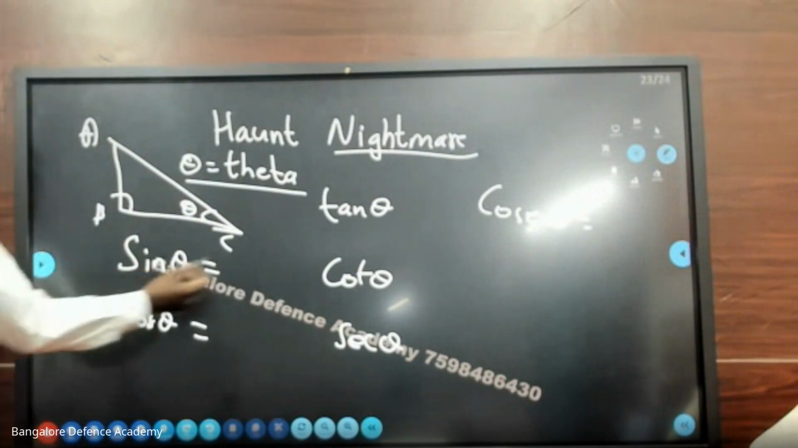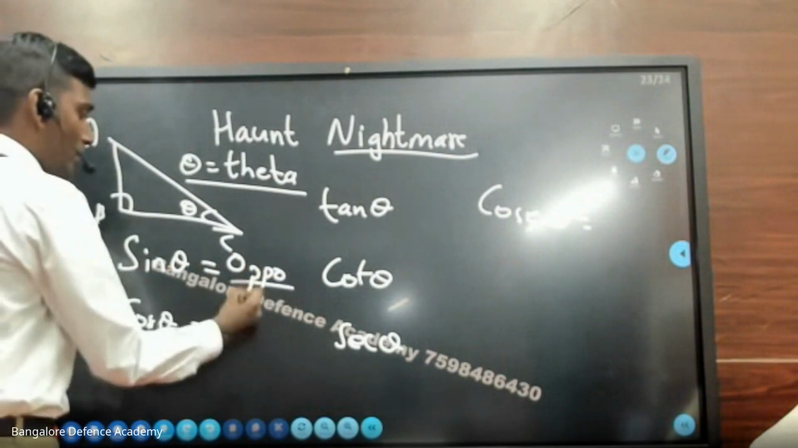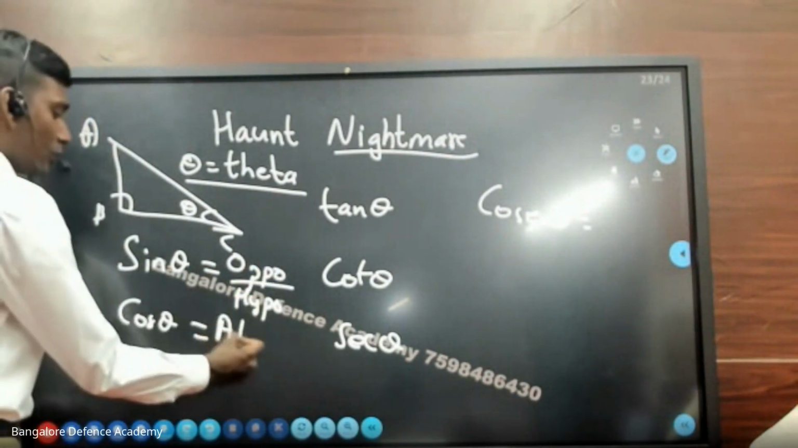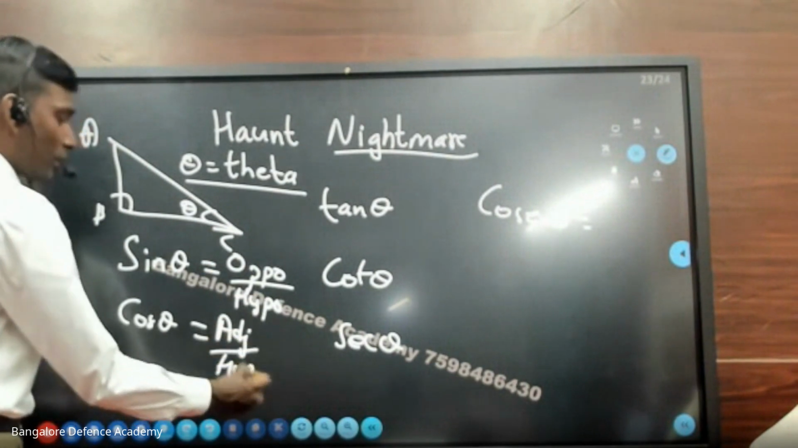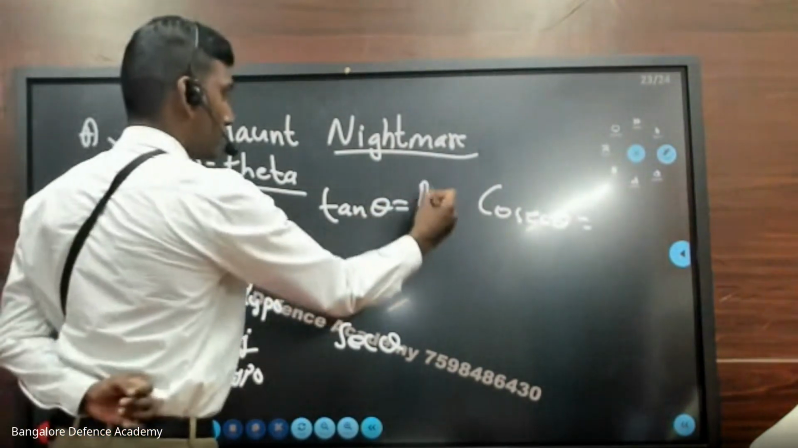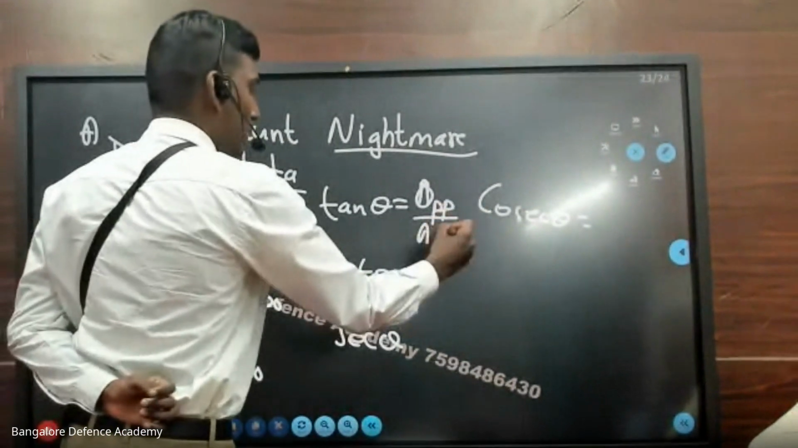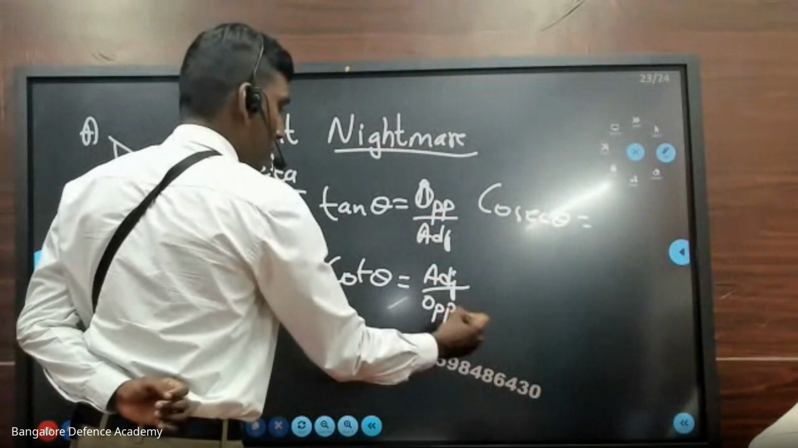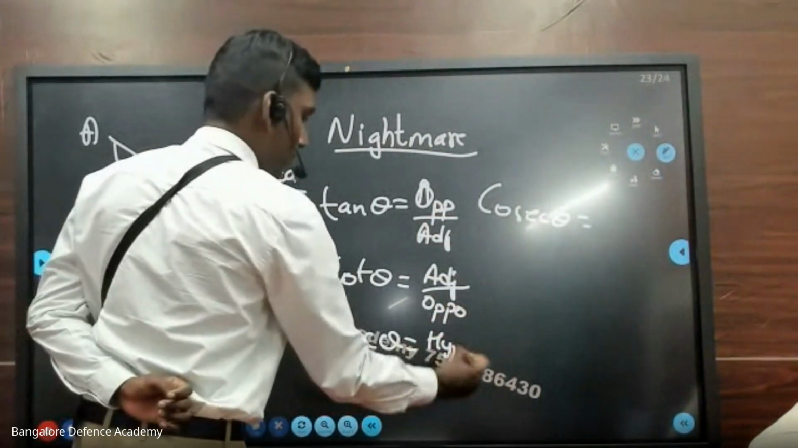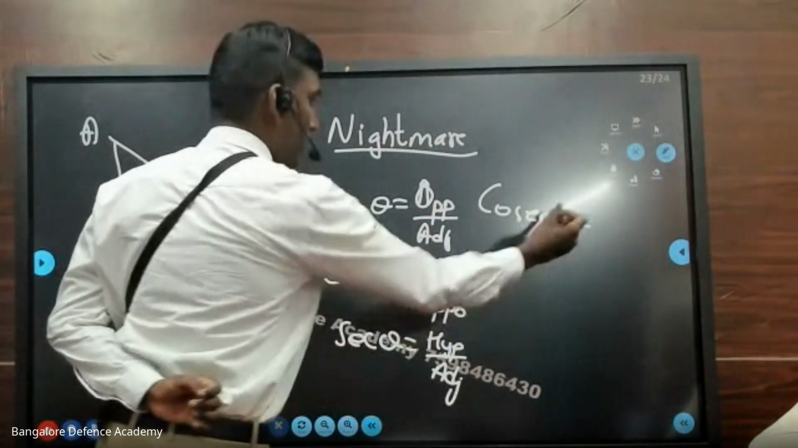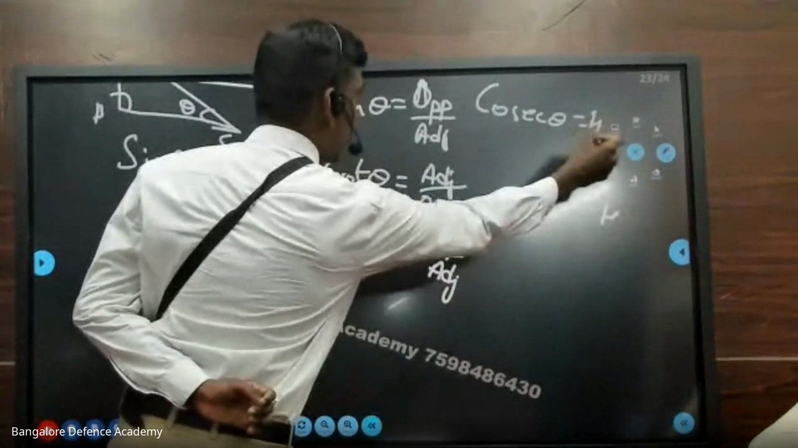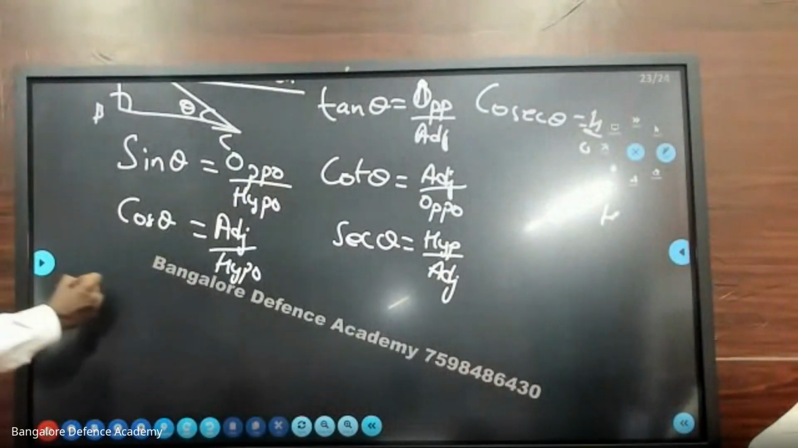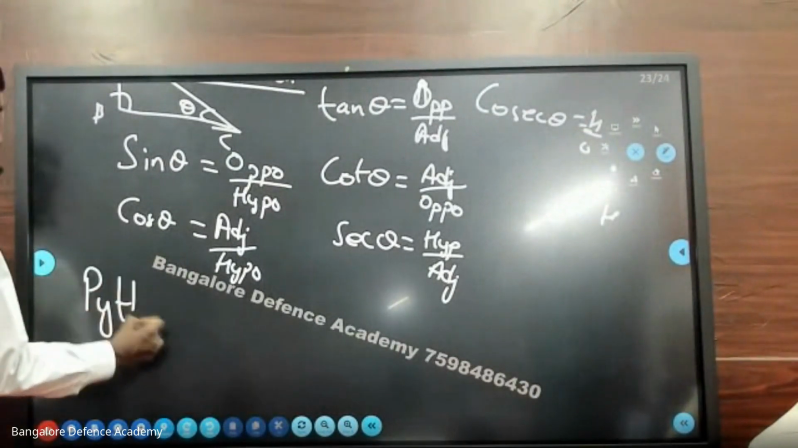Now sine theta is equal to opposite side by hypotenuse. Cos theta is equal to adjacent by hypotenuse. Tan theta is opposite by adjacent. Cot theta is adjacent by opposite. Secant theta is hypotenuse by adjacent. And cosecant theta is hypotenuse by opposite. Fine? Before doing all these things, you should know one theorem called